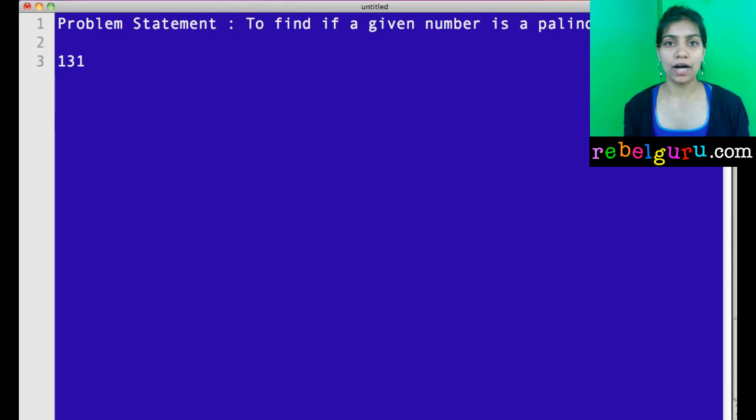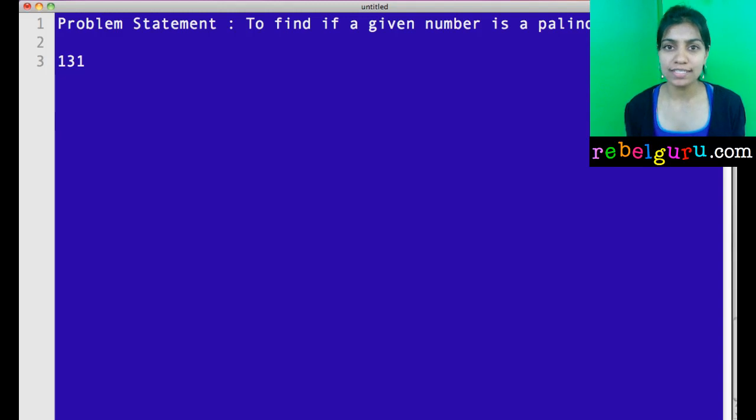Alright, so we have a number. So our aim is to be able to reverse a number of any number of digits. So if you want to reverse 1, you should be able to do that. Your code should be able to reverse a double digit number, a number with 3 digits, a number with 4 digits. Given any number, your program needs to be able to reverse it.